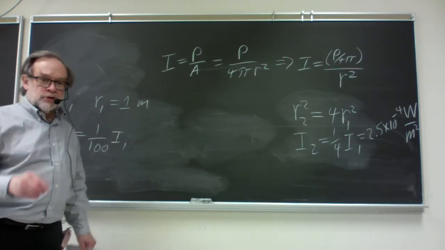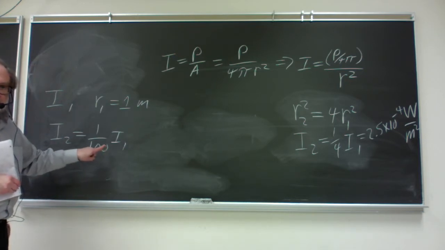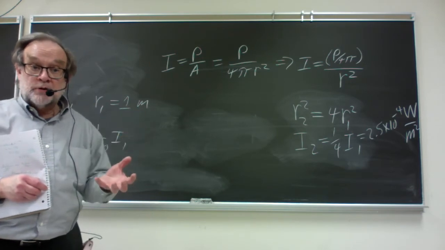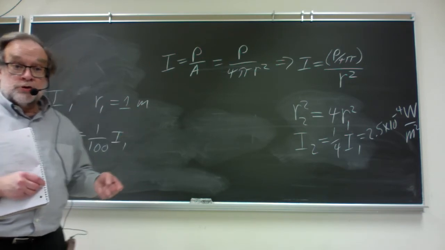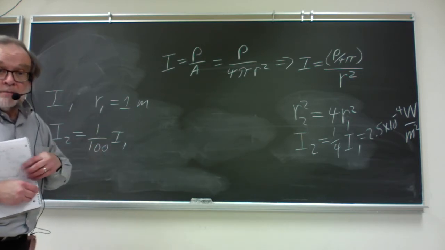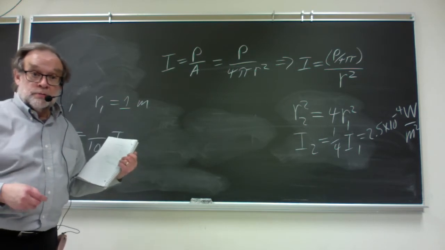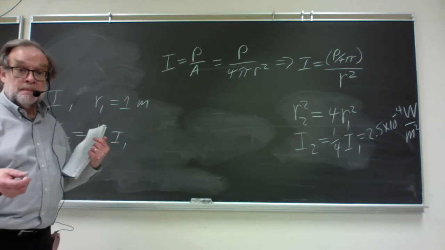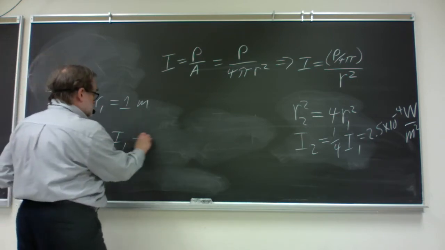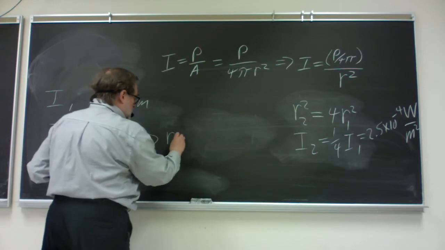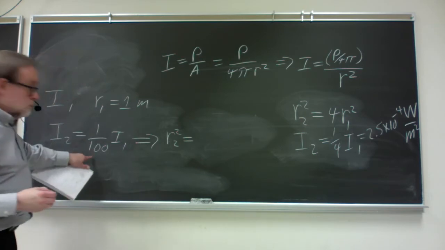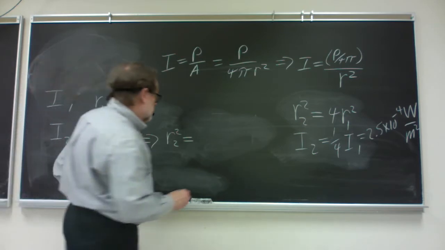When one variable changes by some factor, the variable it's inversely proportional to changes by the inverse factor. So the proportional variable changes by the inverse of this factor, in other words, changes by 100. And what is inversely proportional to intensity? R squared, not r. So this means the new r squared is the inverse of this times the old r squared.